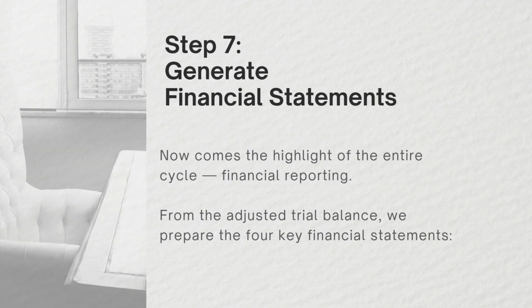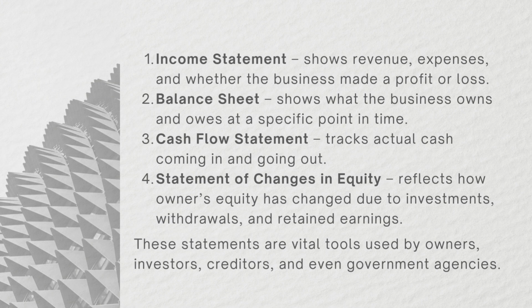Step 7. Generate financial statements. Now comes the highlight of the entire cycle, financial reporting. From the adjusted trial balance, we prepare the 4 key financial statements. 1. Income statement shows revenue, expenses, and whether the business made a profit or loss. 2. Balance sheet